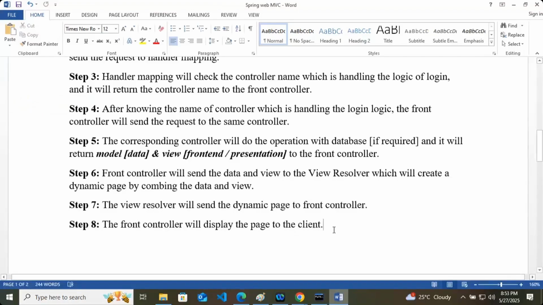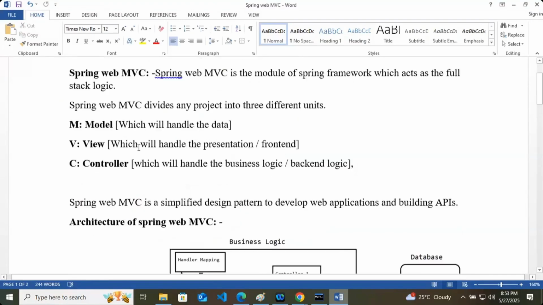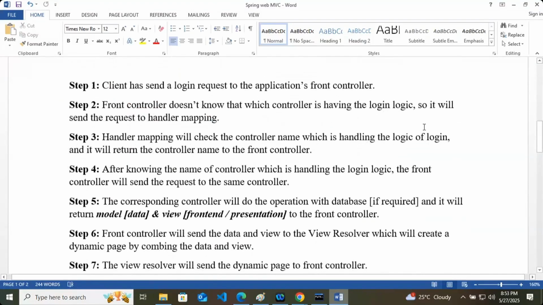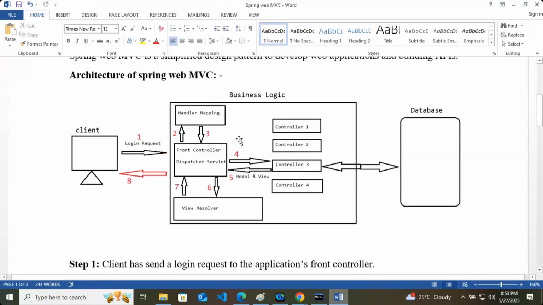Tomorrow we will do the coding implementation of the same architecture. Try to read this architecture once. If you have a problem in any case, we'll solve that, and you will understand it clearly when we are doing the coding. At first I will show you how the request goes to the controller, then how the controller is asking for the corresponding controller's name, then how model and view are coming. So like that we will check.